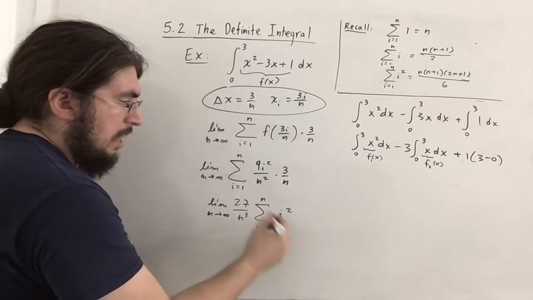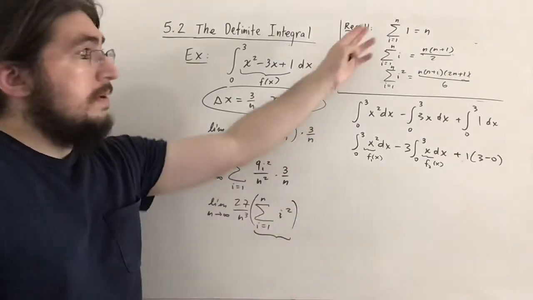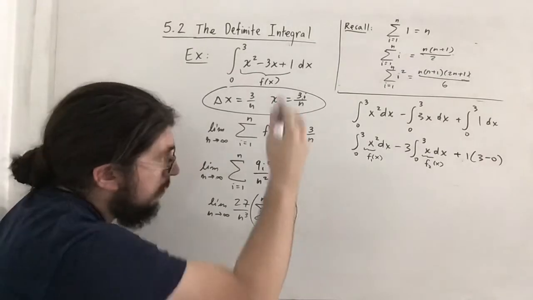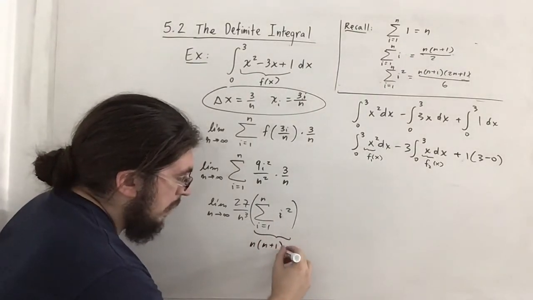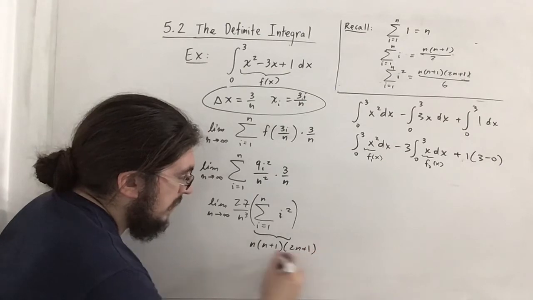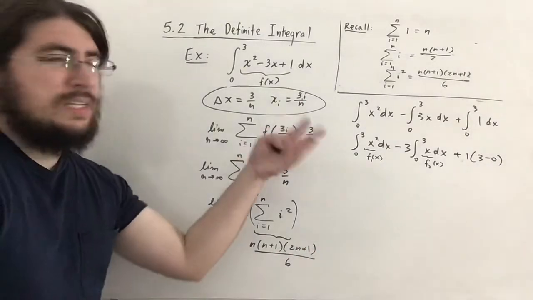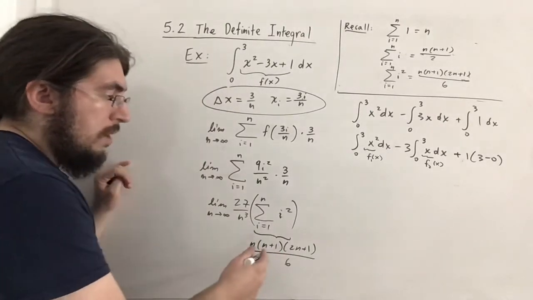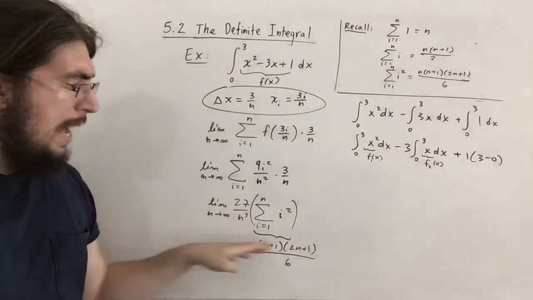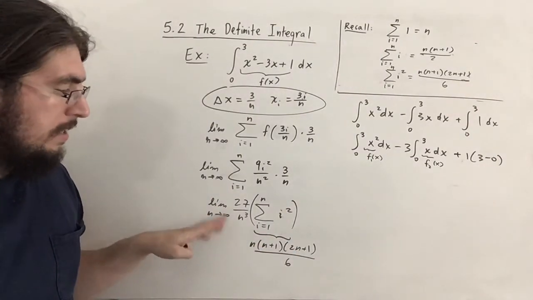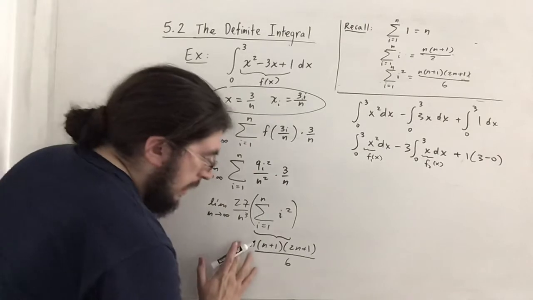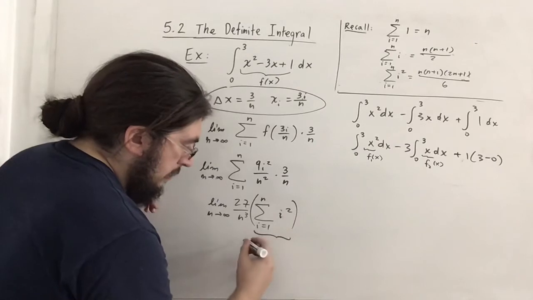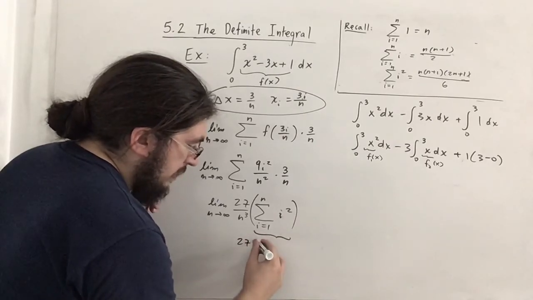And notice that this sum right here is really just one of these. These are the things that I wrote down earlier. So it's n times n plus 1 times 2n plus 1 all over 6. And again, we discussed these in greater detail in the previous video 5.1. And remember what we also discussed is that you can split this up, and I'll spare you the details if you don't mind, but what we actually get is 27 times